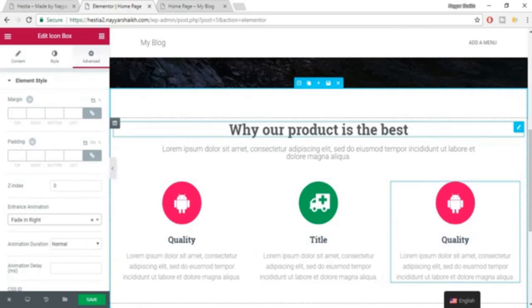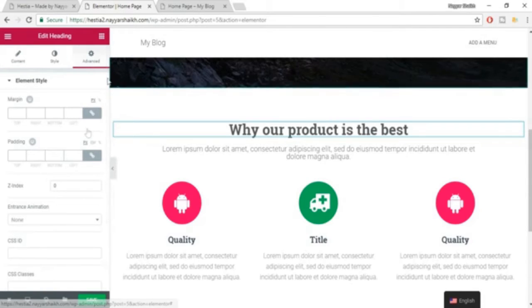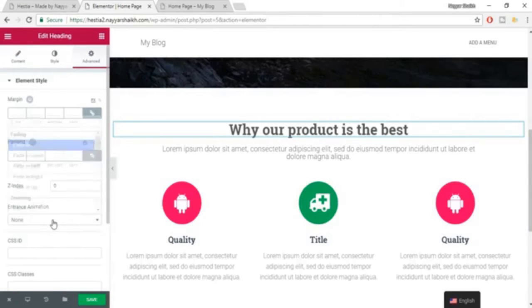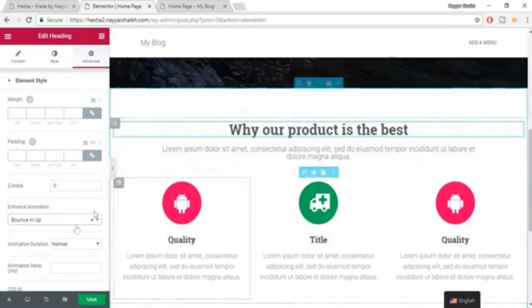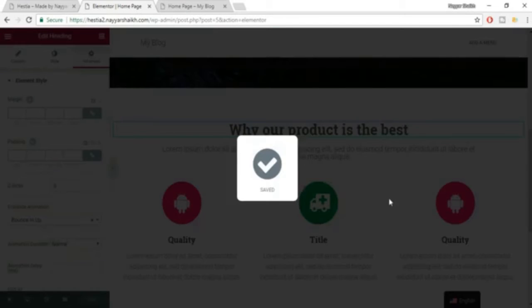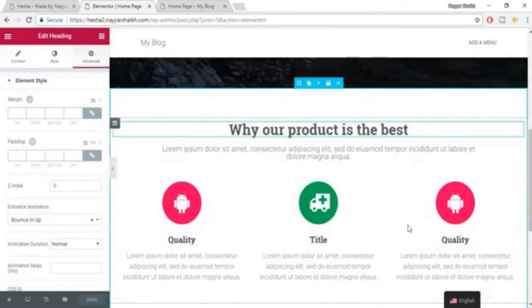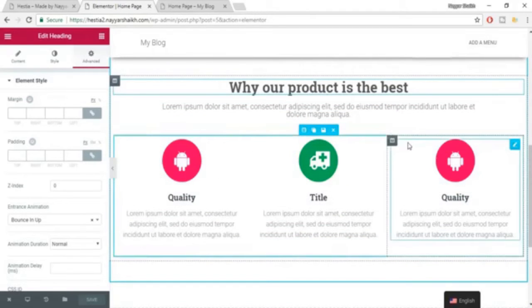For example, again for this title also, if you want to add some animation to this title, click on the title, go to advanced from here. Here is the entrance animation. Click on this, select anything. Now as you can see, bounce in up. So this was the animation, and click on save. Okay, so this is how you add animation to anything, whether text, icon, image, anything in this particular website. Okay,